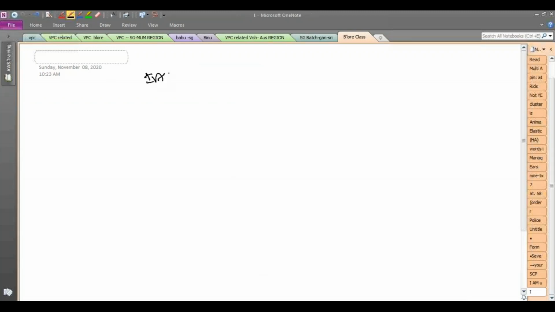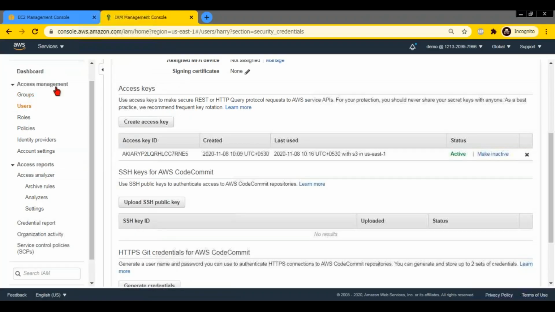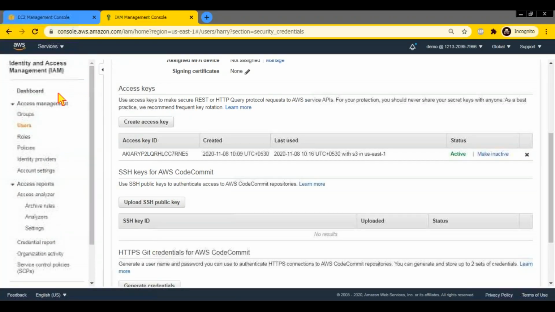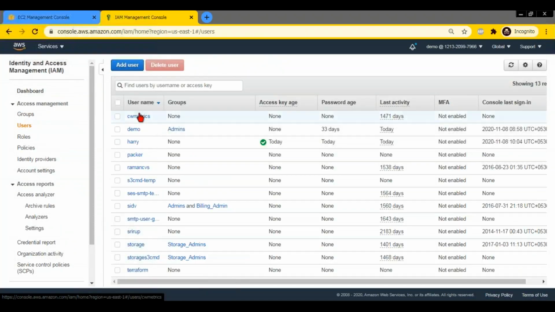Right? So we saw IAM, right? We saw what is a user, right? What is a group, right? What is MFA, right? What is an IAM user, and what is a root user. So the root user will not be shown under IAM, right? So remember, root user is not an IAM user. Root user you cannot see over here. You will not see the root user here. There is only one root user. It can be managed only if you log in as the root user.